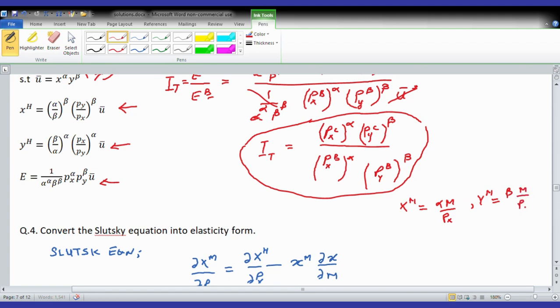And if you plug these Marshallian demand functions in the budget constraint, you get m equal to